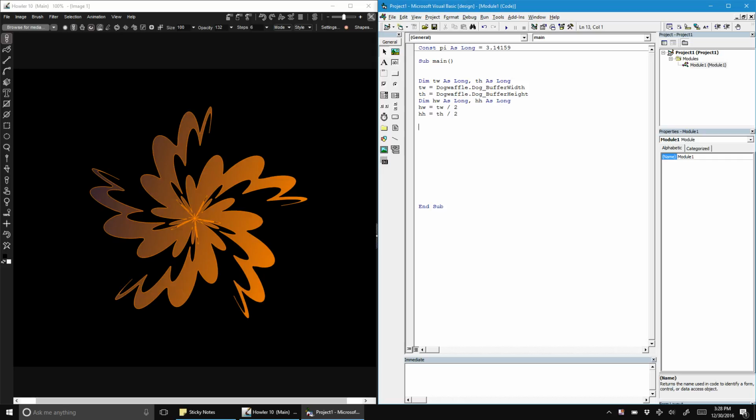Now we're going to create a drawing object, and we want to set anti-aliasing. And we want to do a begin draw, and also put it down here in end draw. And the only other thing we need outside of that is